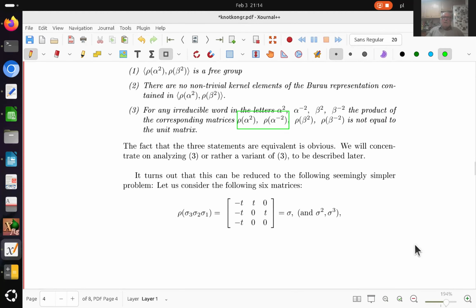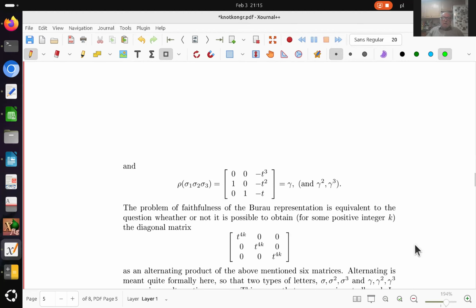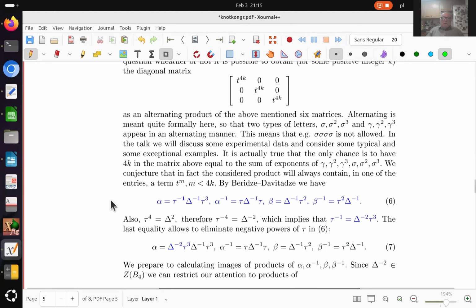And well, I could produce them, I could show how they look, but I will omit that, and I will try to go to some further simplification. Further simplification is that we can rewrite these special elements in the Braid group, alpha and beta, in a certain way using the tau,